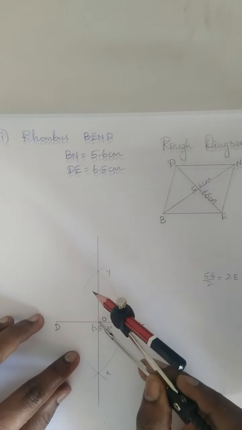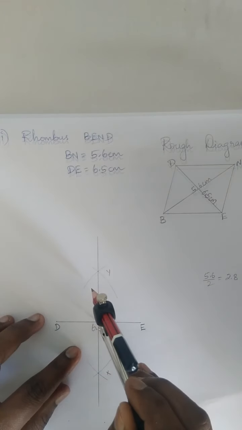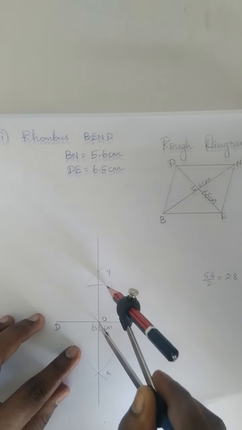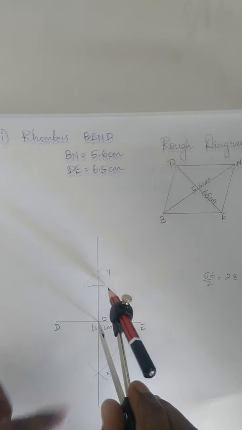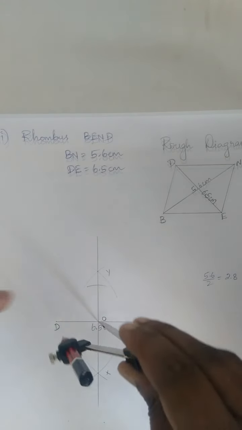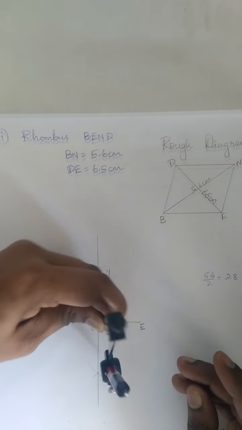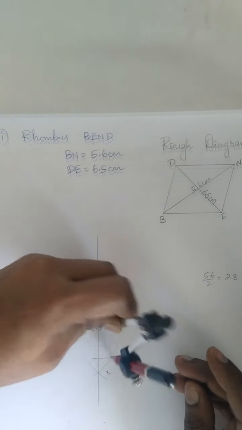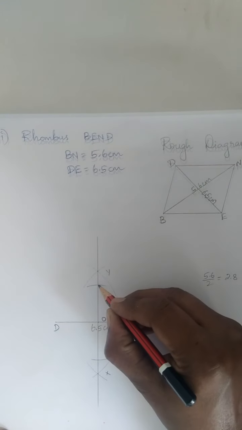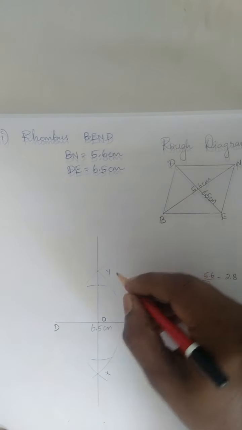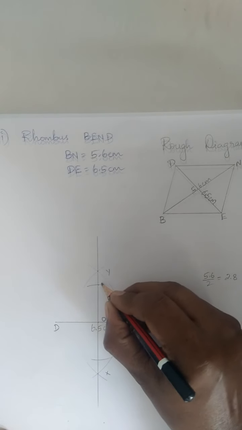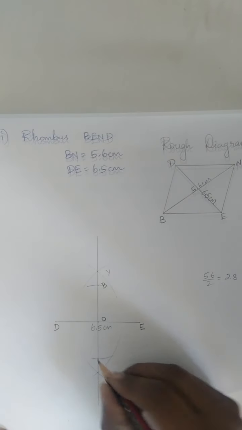So now from this point O, you make an arc. The arc has to intersect the line XY which you drew, like that, up and down also. You make one more arc. See, now this intersecting point is called the next vertex. Two more vertices pending, no? So let's name this B, and here N.